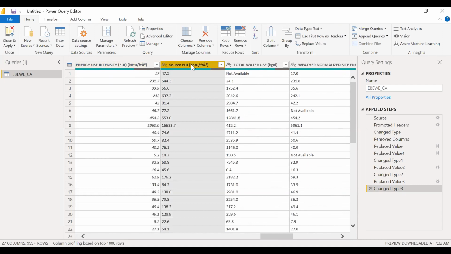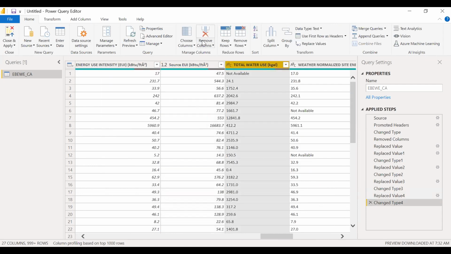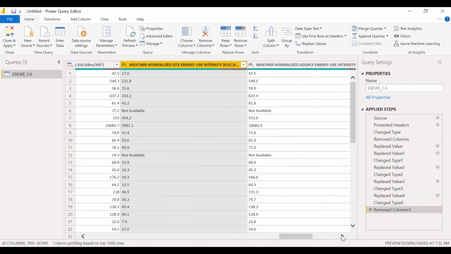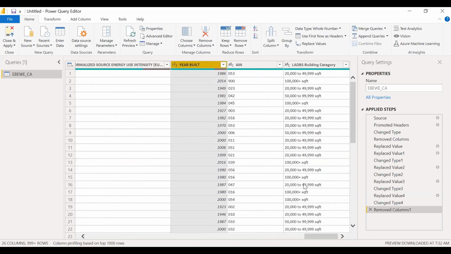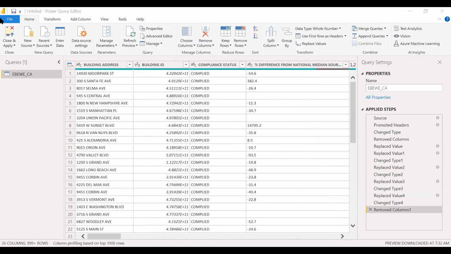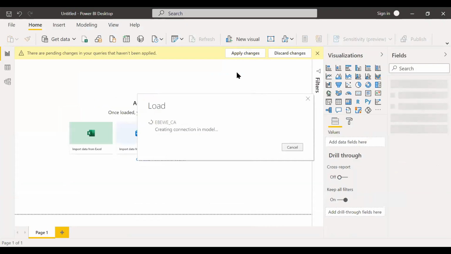We do the same for the stocks. Maybe this one we do not need, we remove it. Same thing. Okay, we check year built, it's already okay. When we are done and everything we believe is okay, we close and apply here,